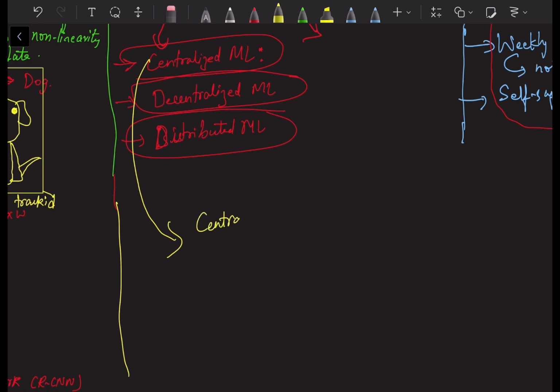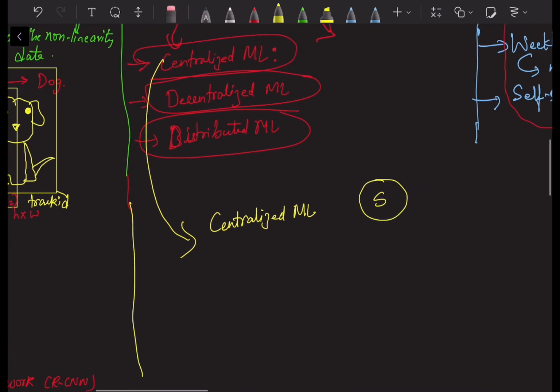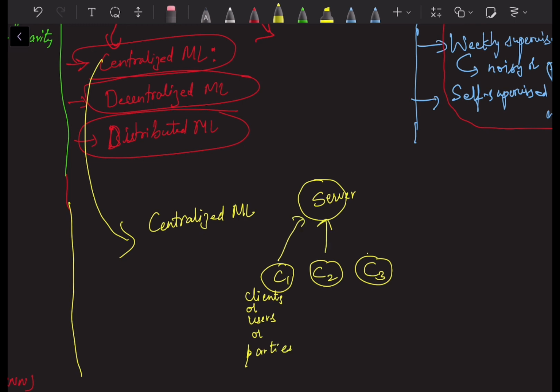So in centralized ML, there will be a centralized cloud server, let's say, and all the data collection parties, or the clients, let's say I call them clients, or users, or the parties who collect the data, will store the data at that server. And here,